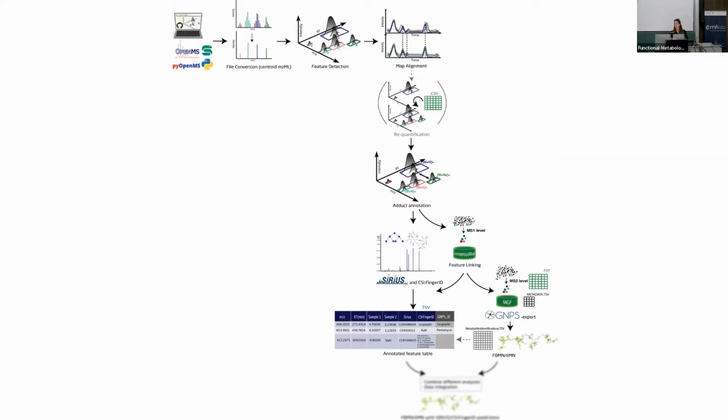And then if your GNPS feature-based molecular networking job finishes, if you add a couple of files in the workflow, that would be your GraphML, the Cytoscape file, as well as the MS2 annotations, so the matches that GNPS will make with the public libraries. Then you'll also get this GNPS ID column. So it's like a complementary identification. And then finally, adding your GraphML would mean that in the workflow, you can just integrate the SIRIUS and CSI:FingerID annotations in the Cytoscape file for visualization.